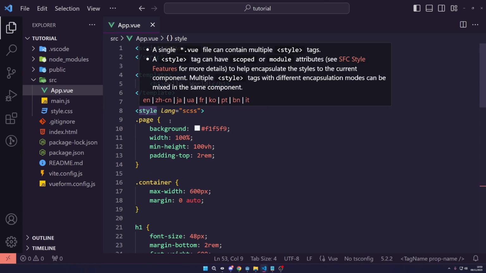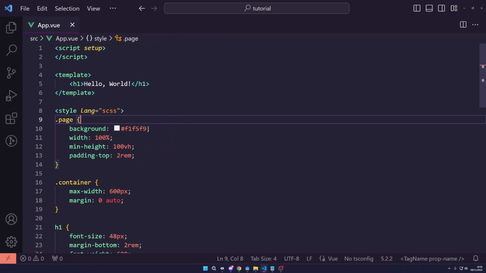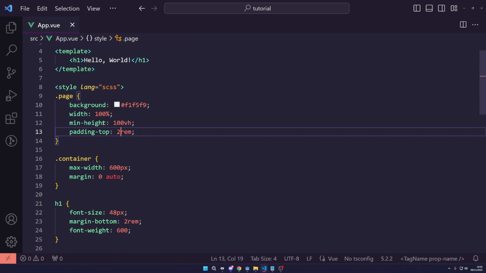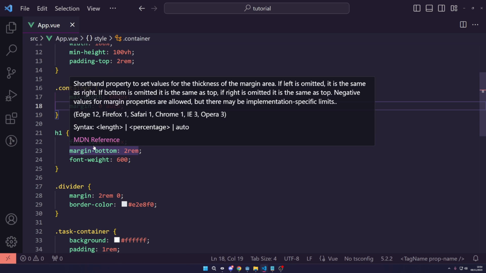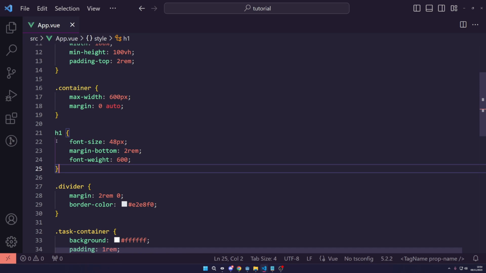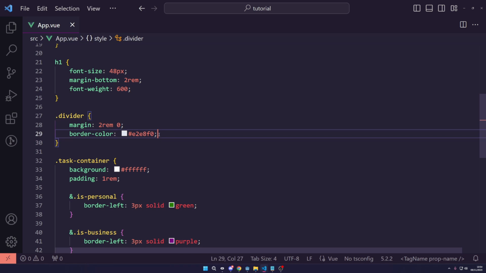Now for the sake of ease of this tutorial, I'm just going to paste in the CSS here, and I'm going to be using Sass just to help a bit, and I'm just going to explain what this does. So we're just getting a page, we're setting in a background, a width, a min height, and a padding top. We're going to get the container and constrict it to 600 pixels and set a margin auto so it centers itself. We're then going to just set a nice size for the font or the title of this with some margin bottom and font weight. Then we've got a divider, which is just an HR tag that's going to have a margin, a border color,